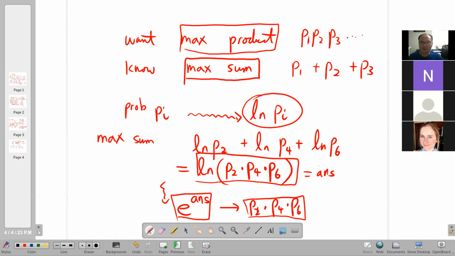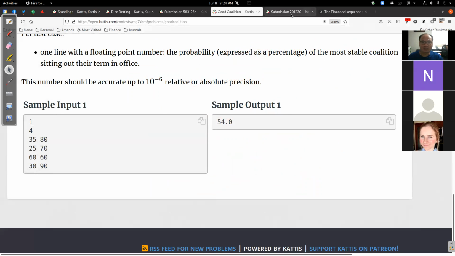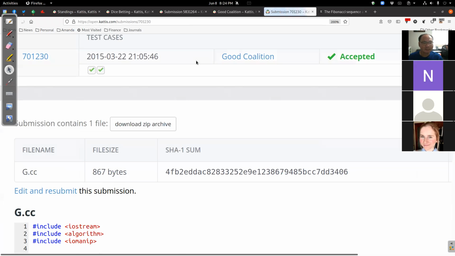And then you solve the problem for sums, and whatever answer you get, you exponentiate and get the answer back. Or you can just completely ignore what I just told you, because maximizing products and maximizing sums are really the same thing. It will work anyway. Actually, what I did was use the normal knapsack algorithm, and every time I add the values of the items, instead I multiply. So I guess what I showed you was a mathematical justification of how this can be made to work,